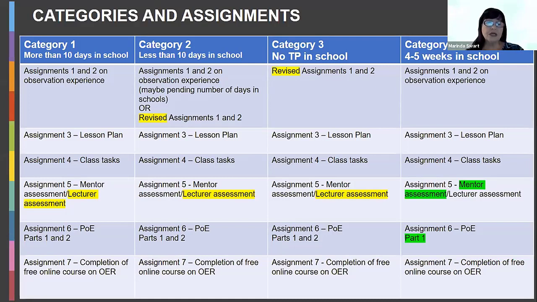We're talking about the original assignments 1 and 2. Those assignments were designed with the purpose of looking at activities within the school context. You do assignment 3, lesson planning, assignment 4, class tasks, the continuous involvement trackers up till the end of the semester. Assignment 5,